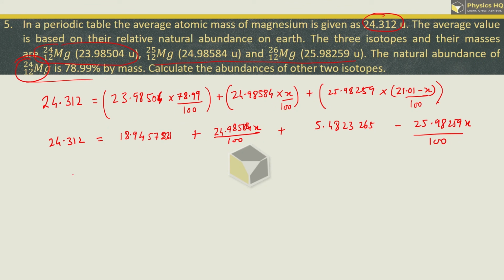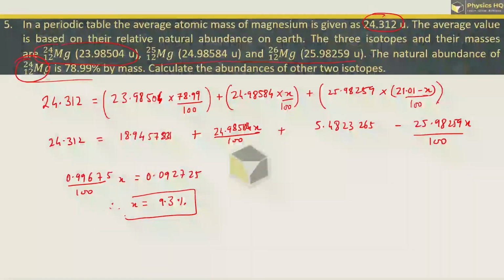Now when we'll add and subtract all this, we'll be left with 0.99675 by 100 x. This is equal to 0.092725, which approximately comes out to be 9.3%. So this is the contribution of magnesium with mass 25, and for magnesium with mass 26 हम लोग